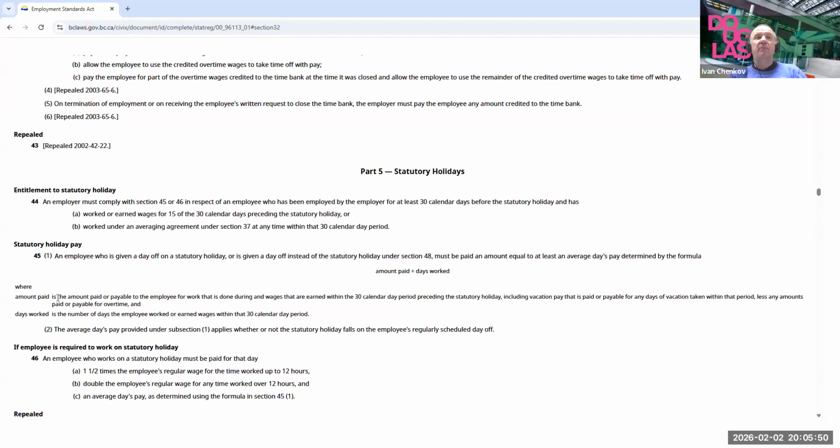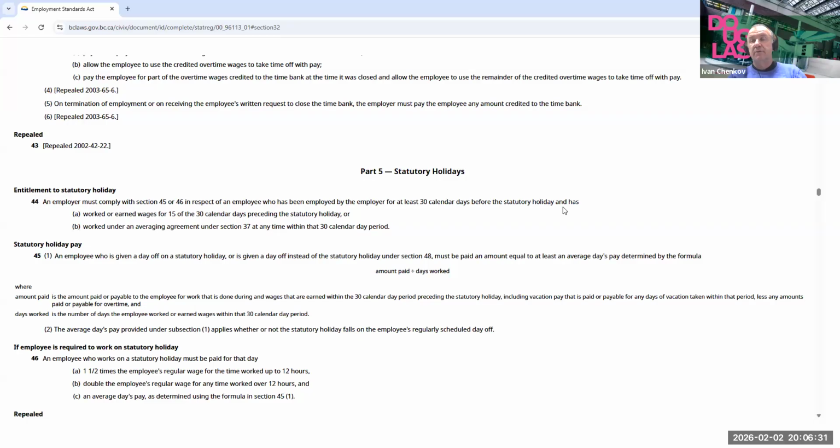Where, in the explanation, amount paid is the amount paid or payable to the employee for work that has been done and wages that are earned within the 30 calendar days preceding the statutory holiday, including vacation pay that is paid or payable for any day of vacation taken within the period, less any amount payable for overtime. Days worked is the number of days that the employee worked or earned wages within the 30 calendar day period. So basically what this says is,